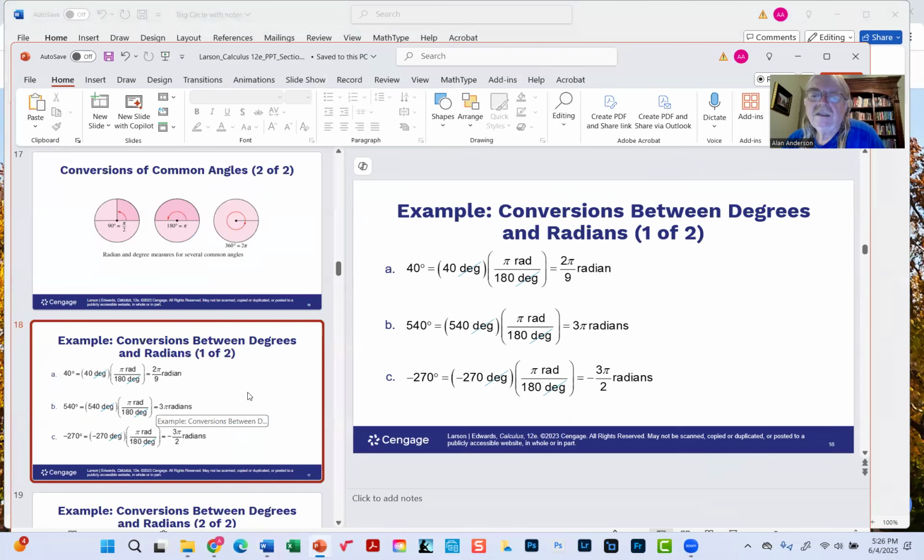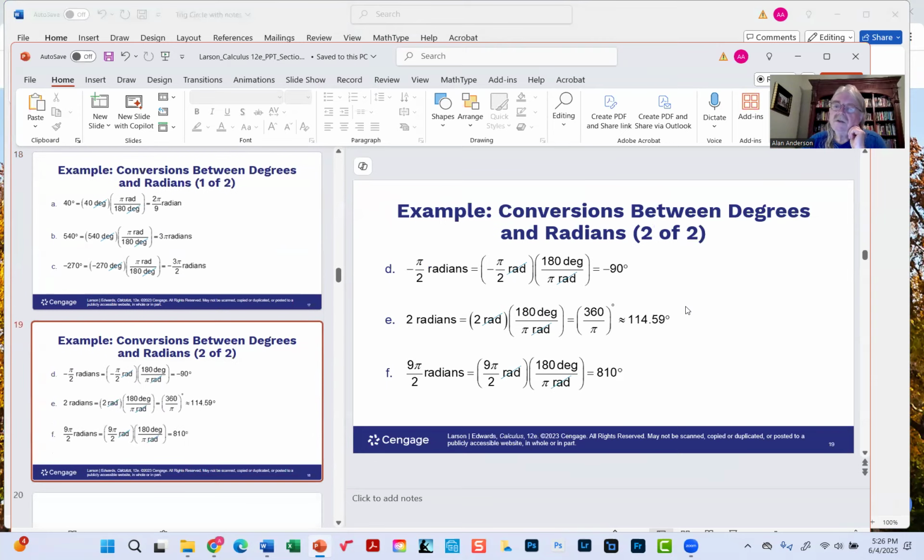Now, 540 means you're going around the circle more than once. So I think they just want you to see that this approach applies no matter what the angle actually is, even if you've gone around the circle more than once. Or here they've even got a negative. As far as negative and positive goes, it's the same with degrees and with radians. Negative simply means you're going clockwise. But in each of these cases, we're multiplying the degrees by pi over 180 radians. To go the other way around,